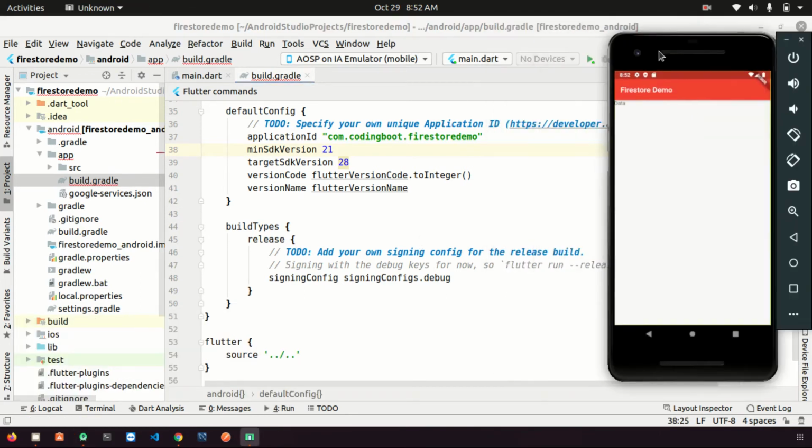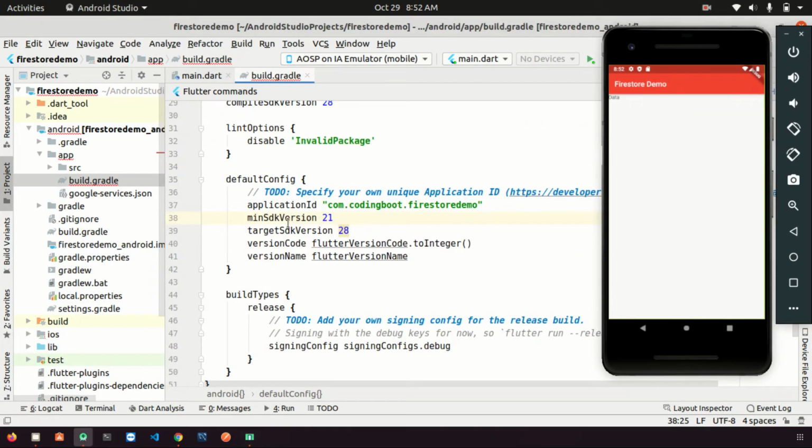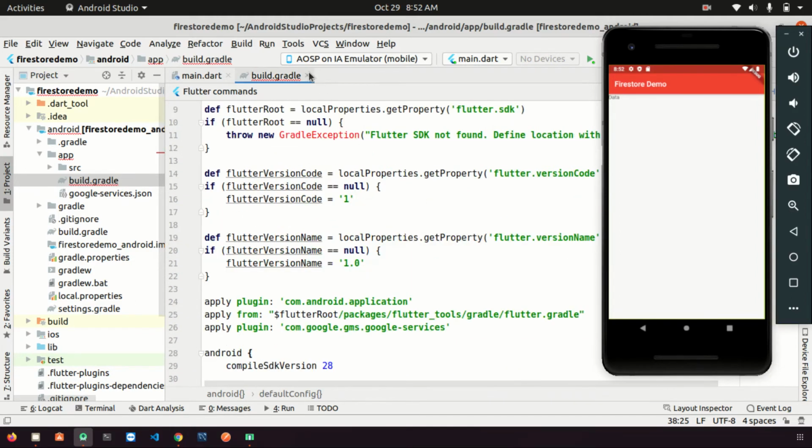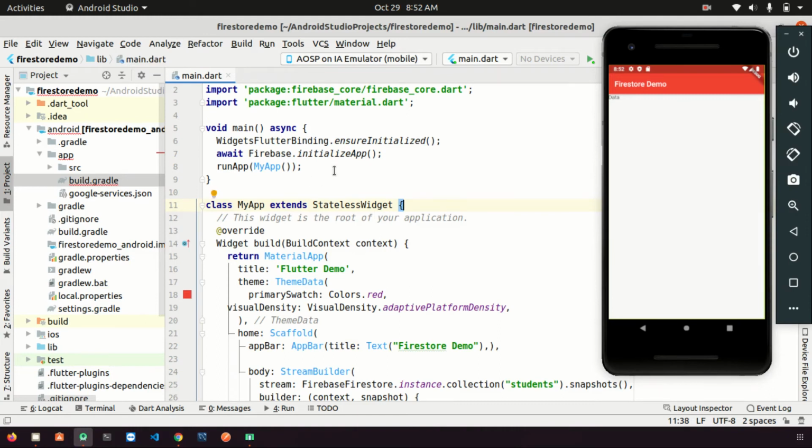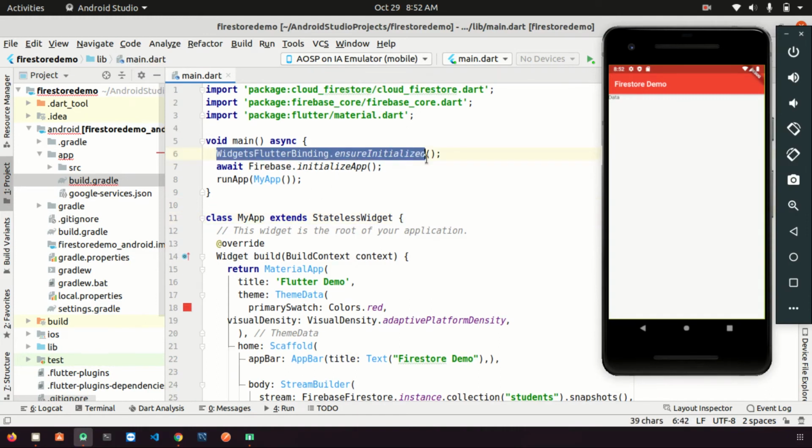So what I did: I just changed the minimum SDK to 21. Otherwise, we also have the option to give the no-shrink option at the time of building. And the second thing I did, before using Firestore or any Firebase service, we have to call Firebase.initializeApp.